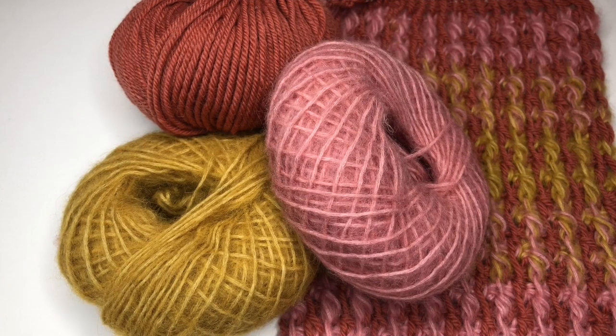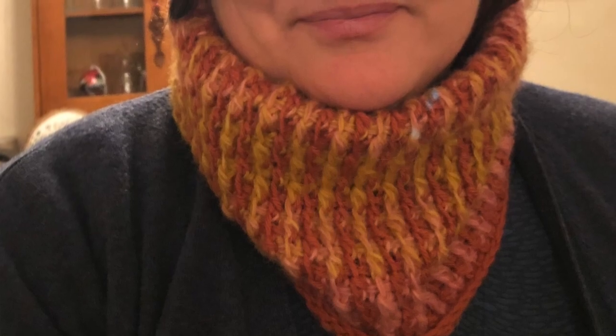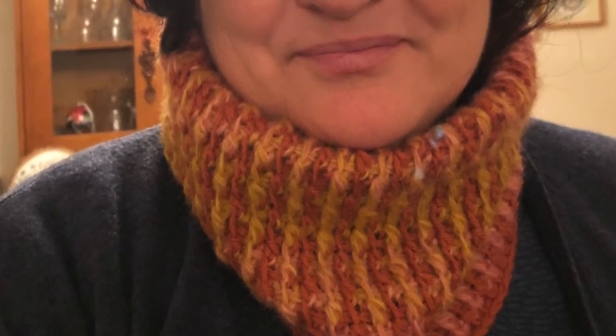A little note on tension or gauge, stitch gauge, and size of the project. Now, we started with 75 chain to create the cowl, which if I just pop up a picture here of me wearing it, you'll see it's quite close to the neck, almost emulates a roll neck top,